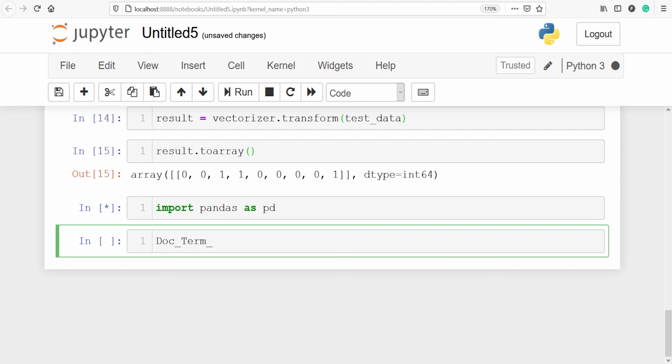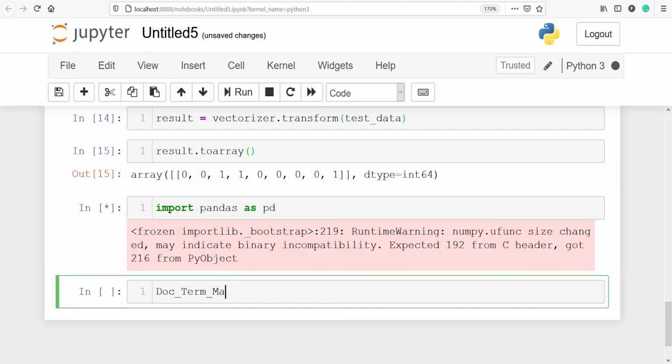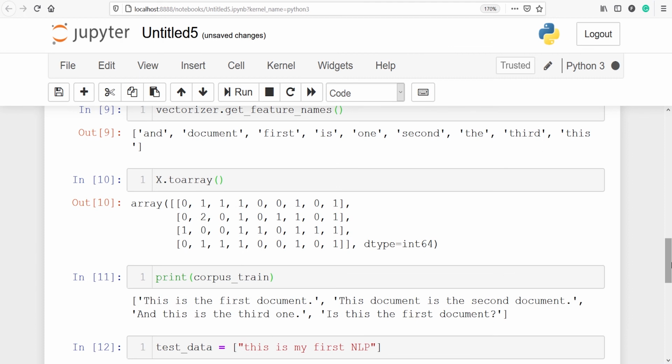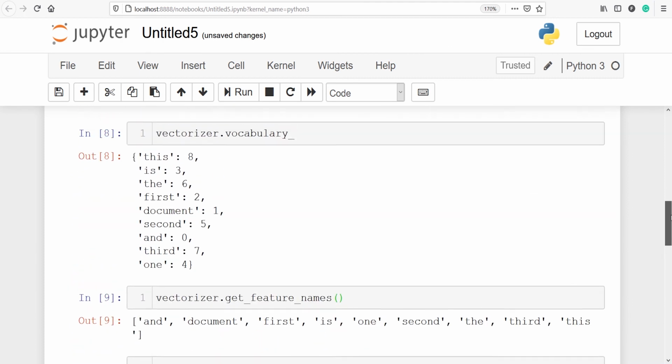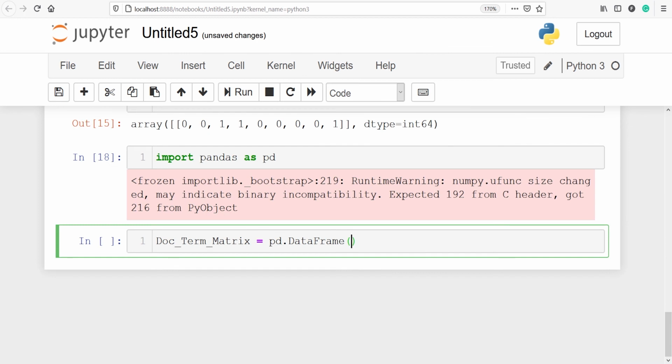We are going to create a document term matrix, and then from pandas I will call DataFrame, and inside this I will pass our sparse matrix, this X.toarray,